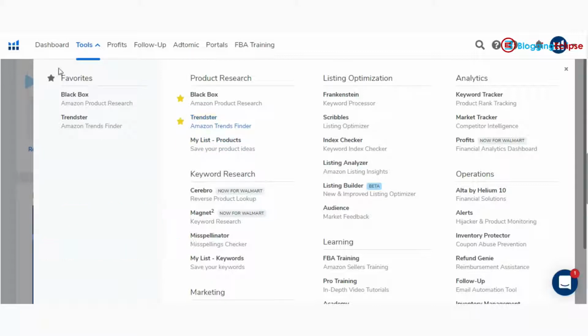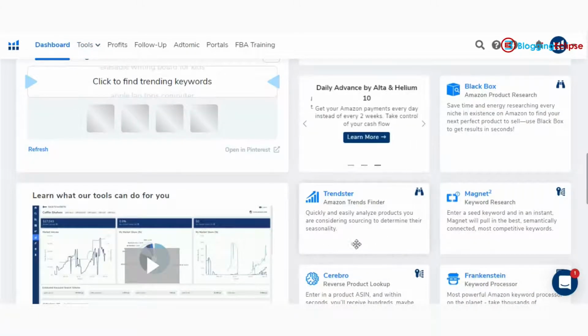So let's get started with what Helium 10 Trendster has to offer, and a small overview of what Helium 10 can help you with. I've already logged into my Helium 10 account. As you can see, it offers different options like researching a keyword and much more. Today we are going to look at the product research part.